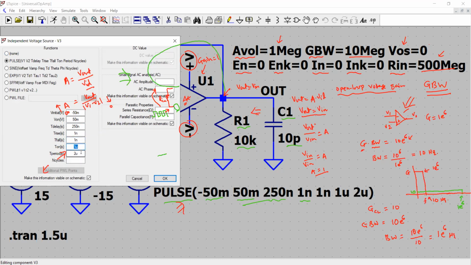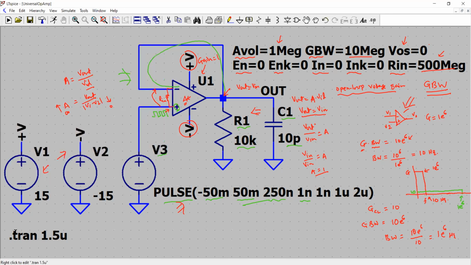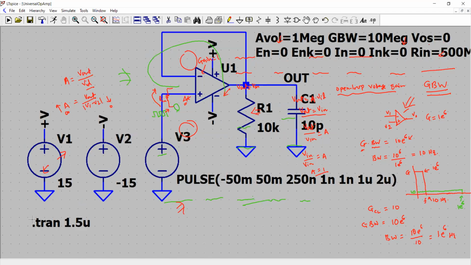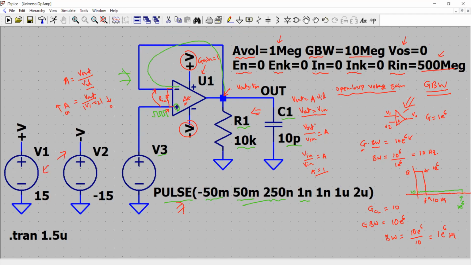So the pulse is on for 1 microsecond and the period is 2 microseconds. The off time is also 1 microsecond, and there are no cycles mentioned. So click OK. And then I can see that there is a transient analysis being applied. Here is the syntax for the spice .tran, and it has been asked to run this analysis up